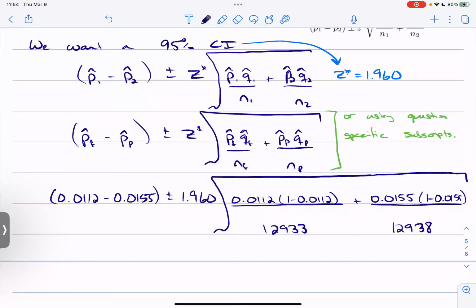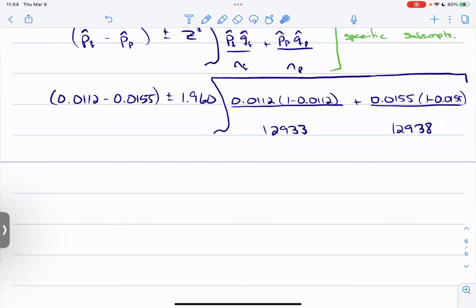That's huge, right? I don't actually need you to write down the steps for the calculation. What I usually do, once I have found this huge square root, is do it in my calculator, because it's usually quicker than pausing and writing down each step. You don't have to do that. But what I do prefer to see is what this square root is times 1.96. It's not a big deal if you skip it, but it's nice to have some sort of pause. So I'm going to do a little bit